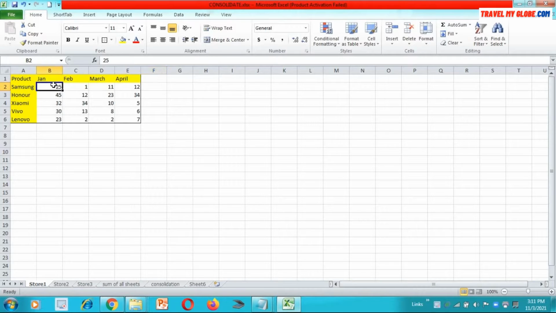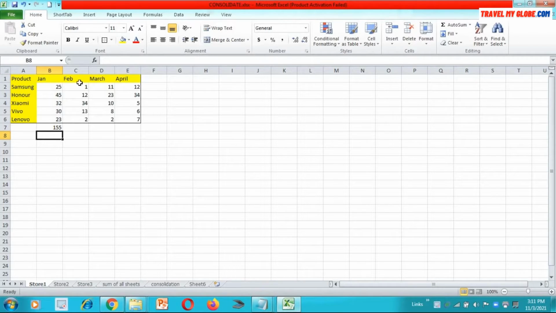Now for example, for a particular store, if we want to know the sale for the month of Jan for all the products, then for that we have to apply the formula of sum, and you will see that the particular store has sold 155 quantity of the mobiles.